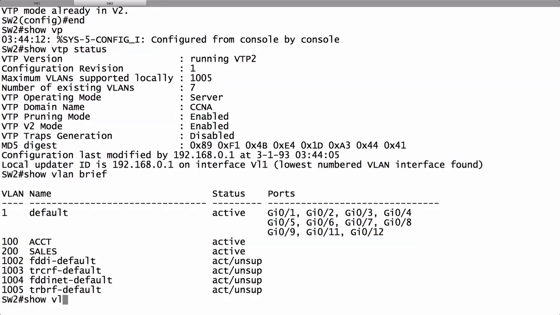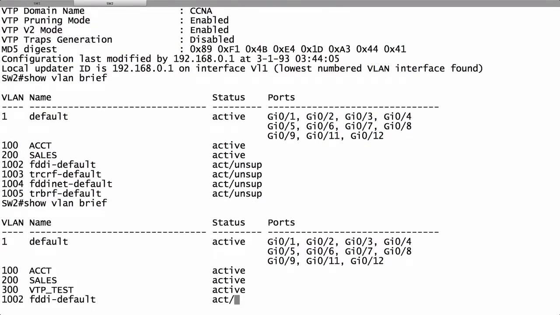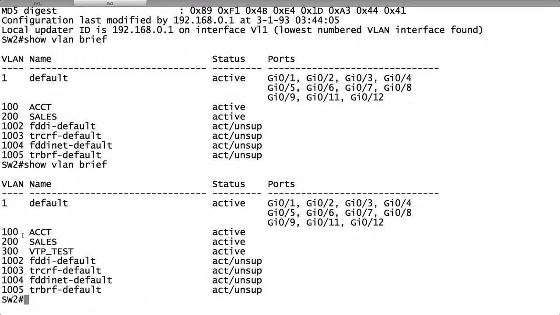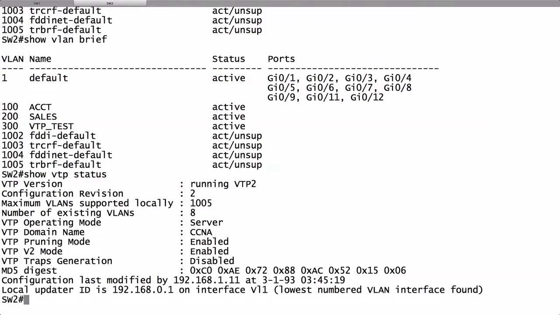We'll do a show VLAN brief. It has been. We learned this VLAN 300 dynamically over that trunk link. If I do a show VTP status, we should see that our configuration revision number has been incremented by 1. It was a 1, now it's a 2. We see the management IP address of switch SW1, and it says that this configuration was last modified by that